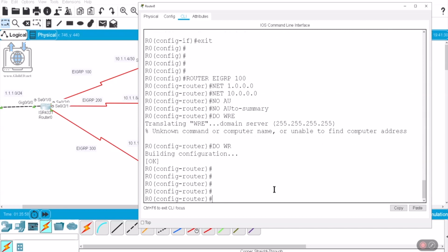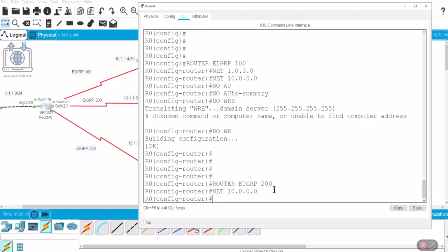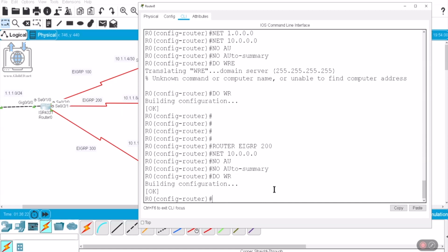That's EIGRP 100. Router EIGRP 200. Network 10.0.0.0. And then we're going to do no auto summary. That's it, because we already advertised the 1 on the 100 network. And then router